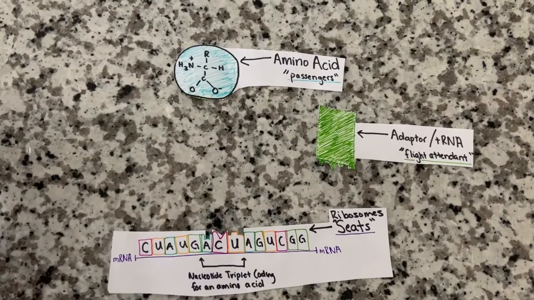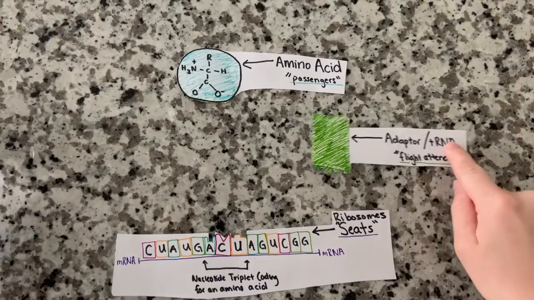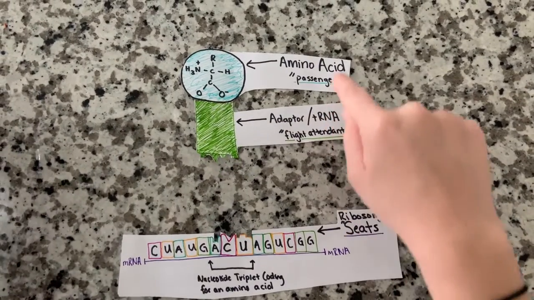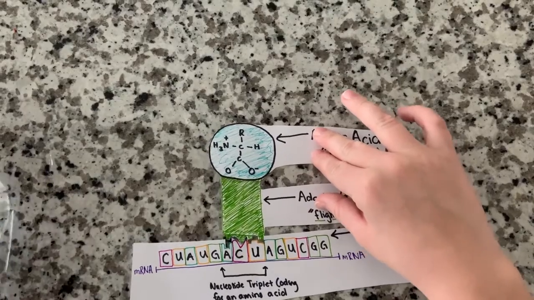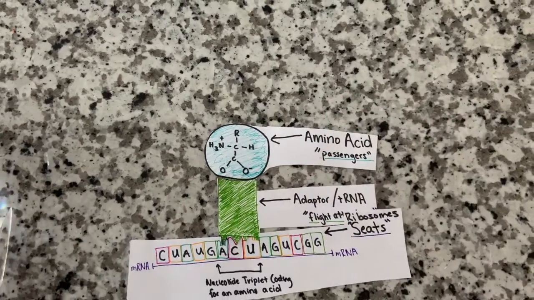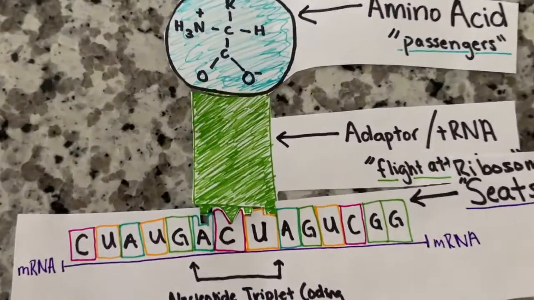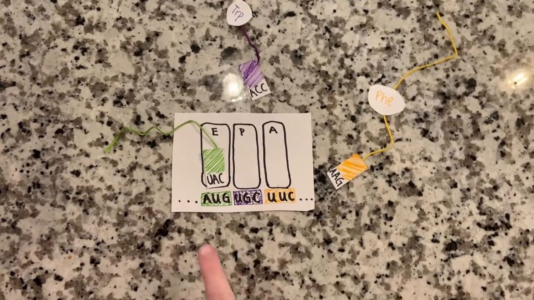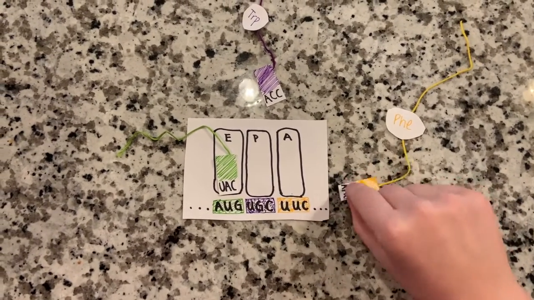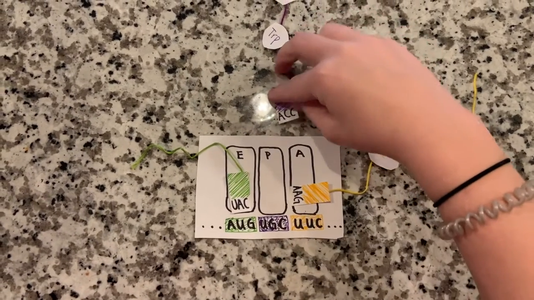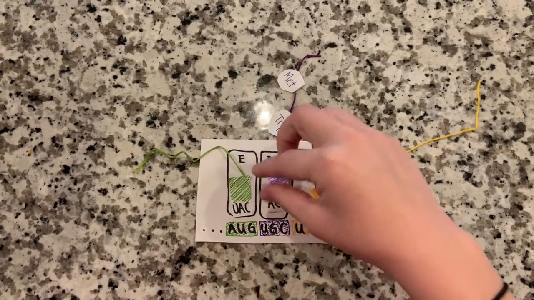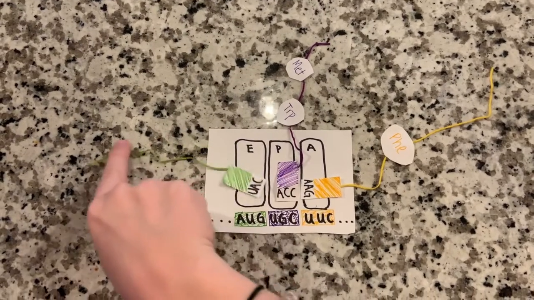Crick had this idea about the tRNA molecule. tRNA, the green, which is the adaptor, acts as the attendant in the situation to guide the amino acid, the passenger, according to the mRNA, and bring it to the ribosome, the seat on the plane, which fits like a puzzle piece. In the ribosome, it enters the A site. Then it links to the amino acid in the P site and exits out the E site.